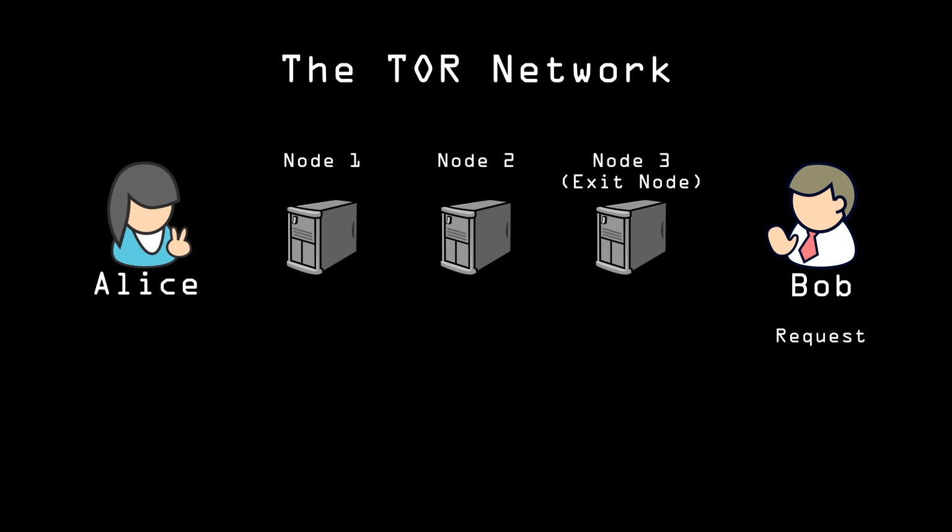If she's snooping after the exit node sends the request, she'll see the request, but she won't be able to see that it was Alice that sent the packets. Tor is much more secure than a proxy, but you still have the problem of trusting the exit nodes, and you don't have a choice in which exit node you use. Now, unlike the proxy server, the exit node doesn't know which computer the packets were originally sent from.